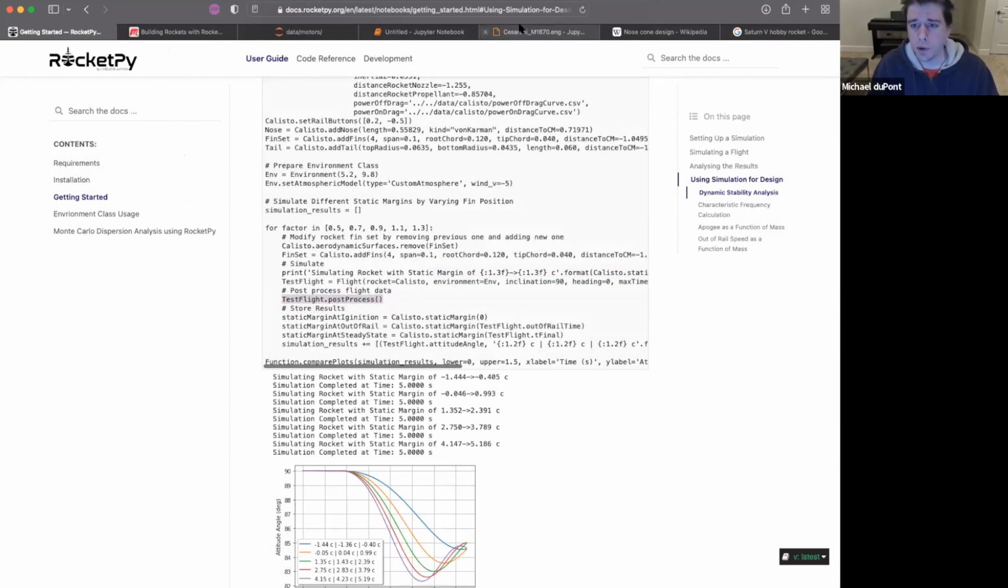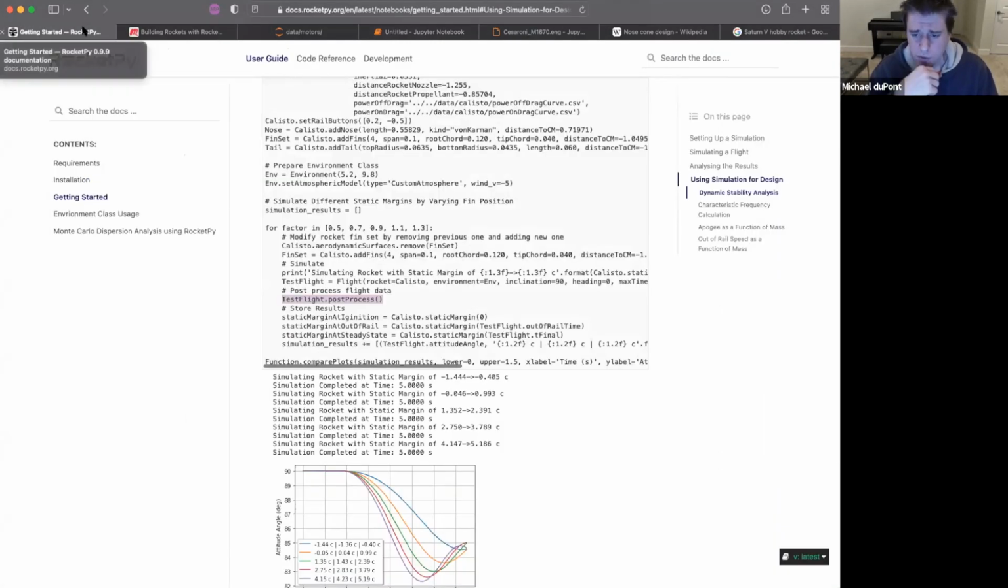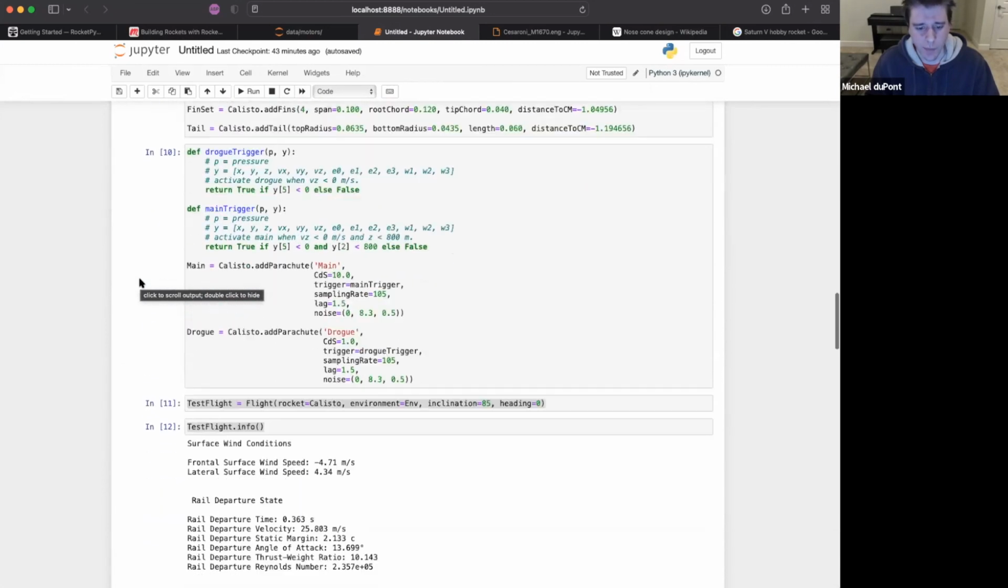So I guess post process is the function that info and all info call if it hasn't yet been configured. Now they're doing static margin at ignition. So these are actual things. I kind of wonder. Well, let's look back. We had information about how much oscillation there was coming off of